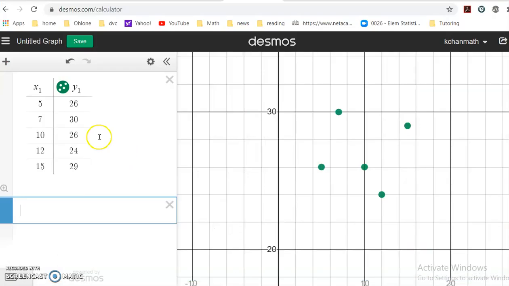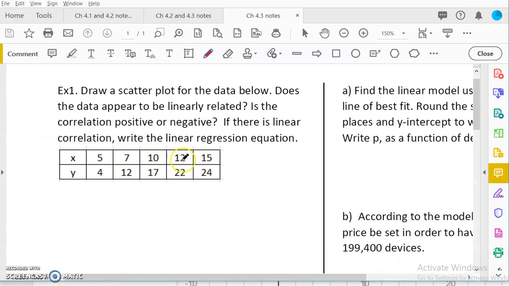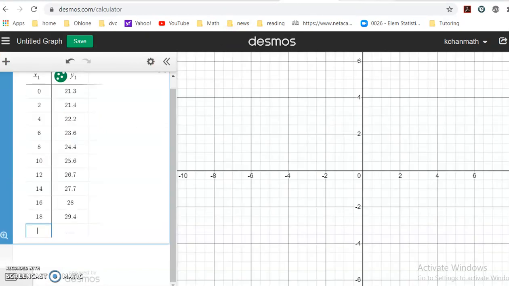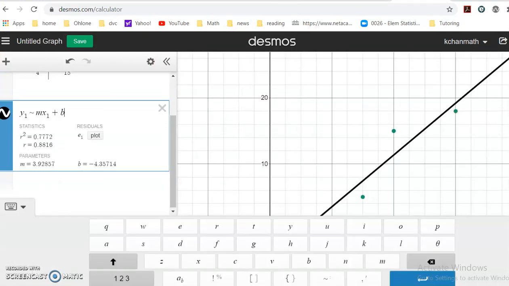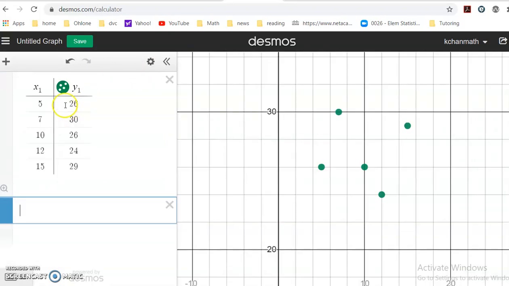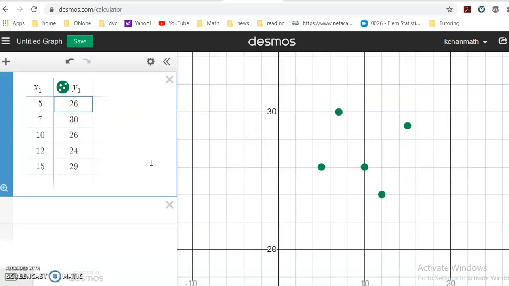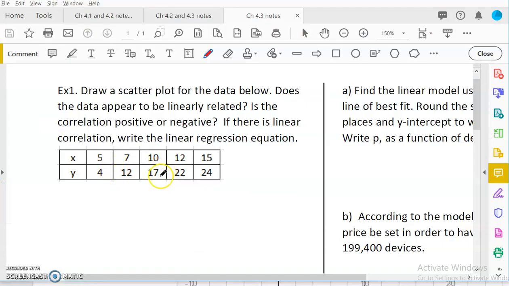5, 7, 10, 12. 5, yeah, 5, 7, 10, 12. 7, 10, 12, 15. I think this is not the one. Where is it? Oh well, my number is not right. So it's 4, 12, 17. Or maybe I forgot to. 4, 12, 17. So all the Y